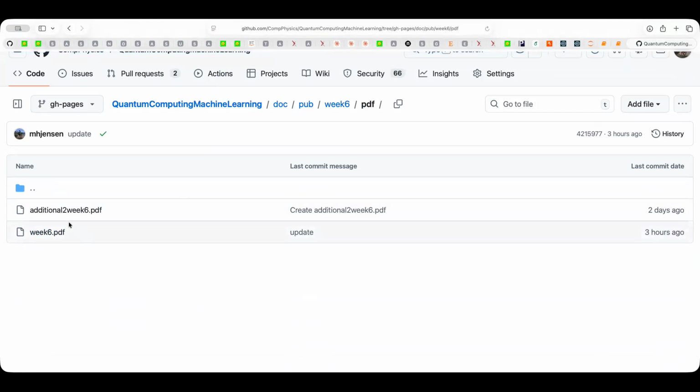Actually, there should be another one, which is called the parameter shift, so I need to upload that one. There are two additional sets of slides here, which you can take a look into, which give you a little bit more information about the parameter shift rule. And also, in these additional slides, I'm giving arguments for why you should measure on both qubits,